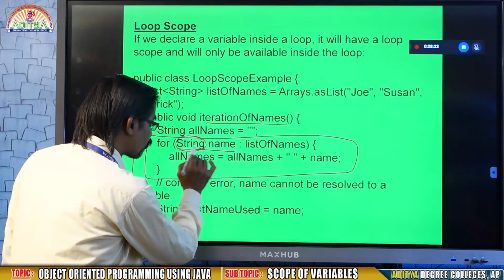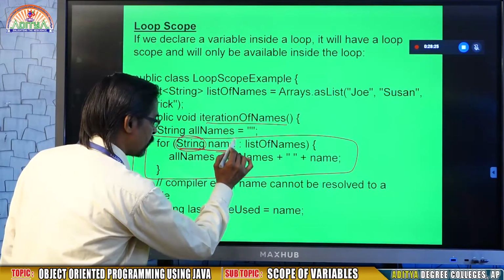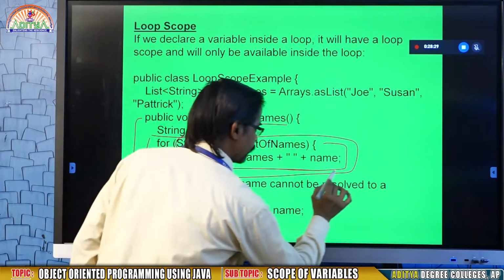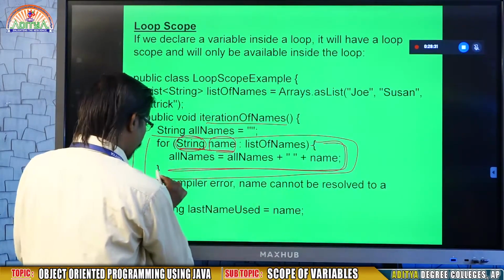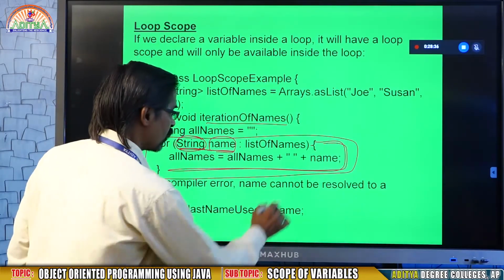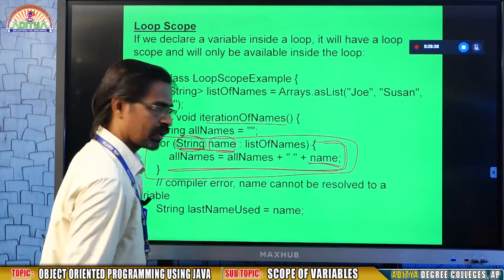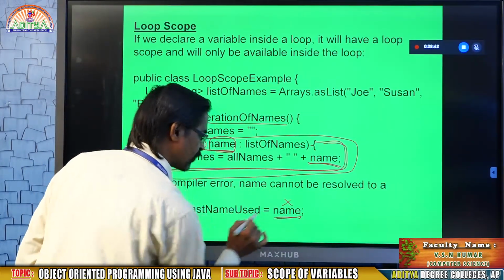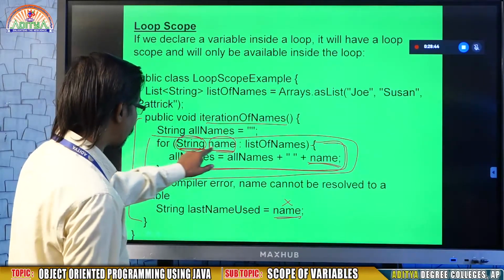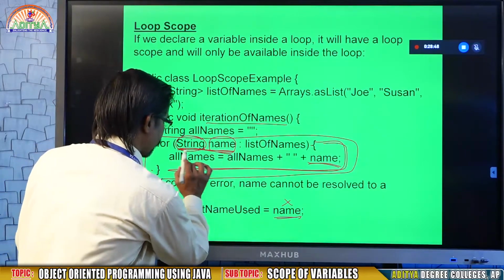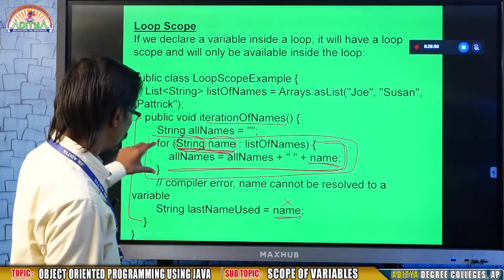Now you may use name within this following place only, because it is called boundary. This brace is called boundary. That means within the loop block that name will run. If you try to use name here, it gives error. Because I declared name inside the for loop. I defined variable name within the for loop.